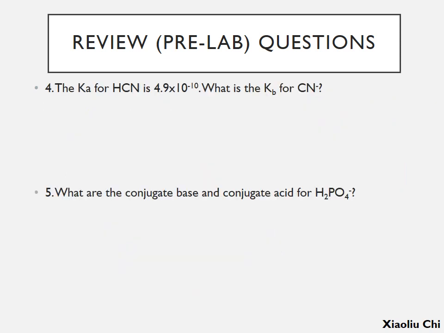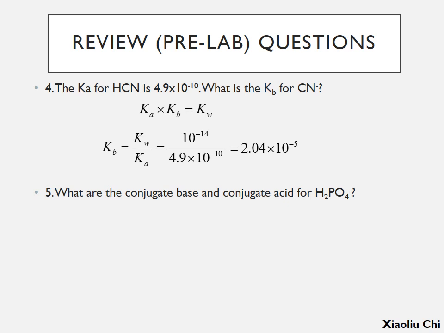Question number 4. The Ka or acid constant for hydrogen cyanide is given. What is Kb or base constant for cyanide ion? So we learned that acid constant and base constant product is Kw, which is called water autoionization constant. So if Ka is given, then Kb can be calculated by Kw divided by Ka. So in this case, it's 10 to the minus 14, Kw, divided by Ka. And the answer is 2.04 times 10 to the minus 5. Okay, so the